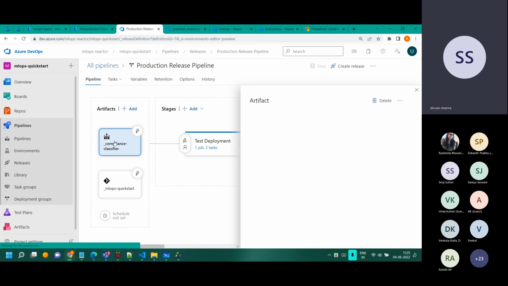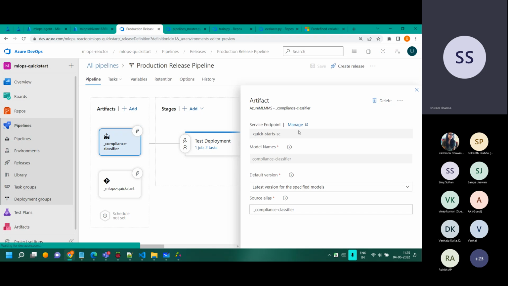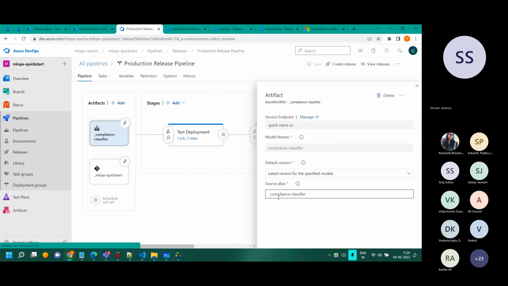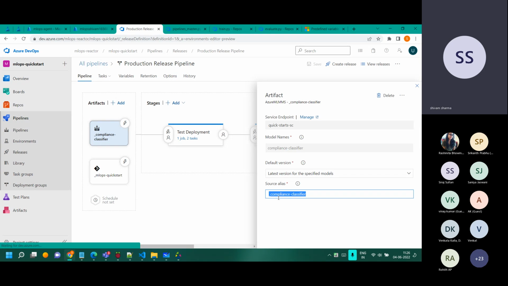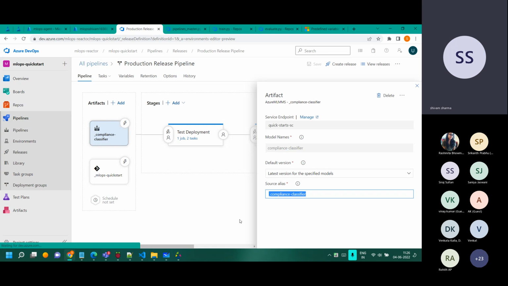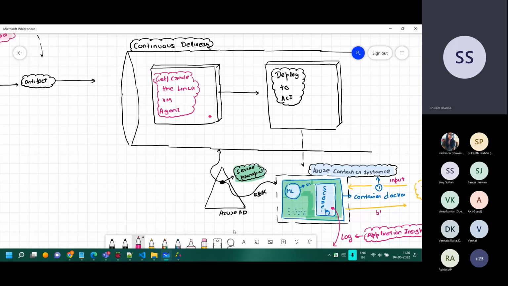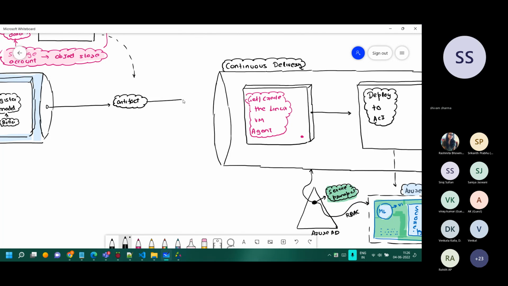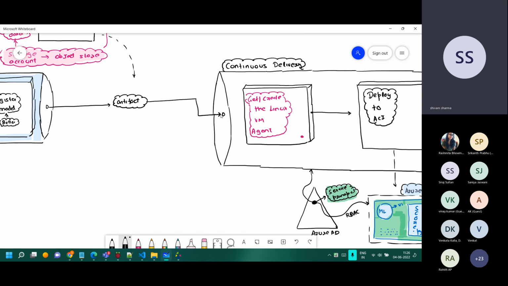Okay, so first of all, when will it execute, right? So this is one trigger which is kept over here. I'll zoom out a little more. Okay, so the compliance classifier is actually the name of the model right now for us. This actually is representing this over there. So if the artifact gets registered, then it will trigger. That's what will happen.